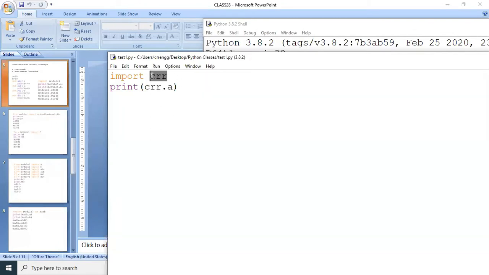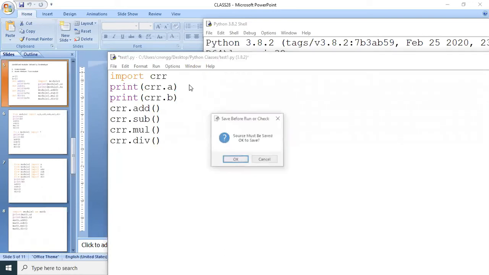Similarly, we can access the functions also: CRR dot add, CRR dot subtraction, CRR dot multiplication, CRR dot division.